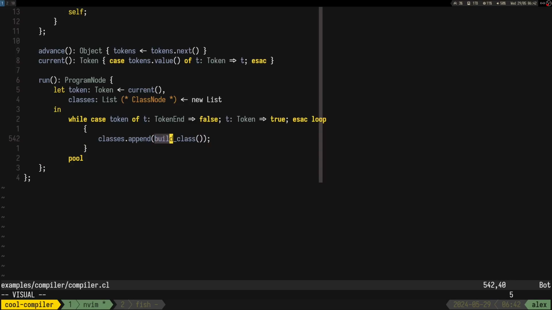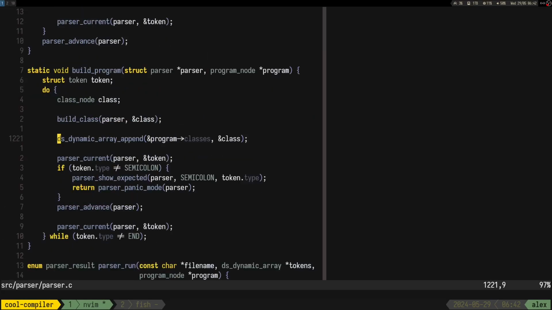I mean, I guess parse class. Let's say we parse class, append it, then we check for the current,